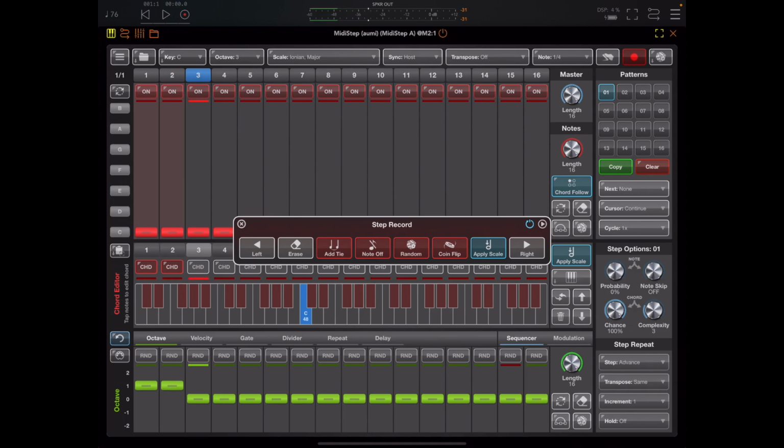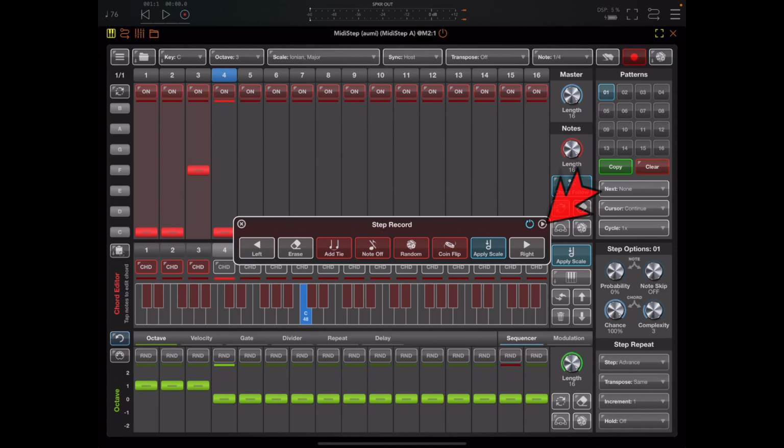And then when I lift my fingers, the chord will be entered. Now I'm going to add 4 notes to this and then release. And you'll see we've got 3 chords now in there. And say I didn't like that 4th note I added to that 3rd chord, I could simply turn on the